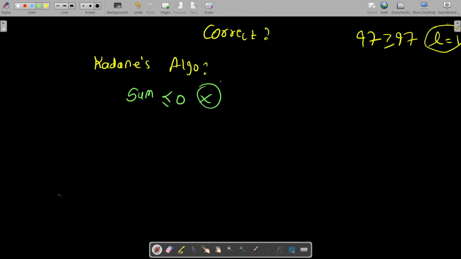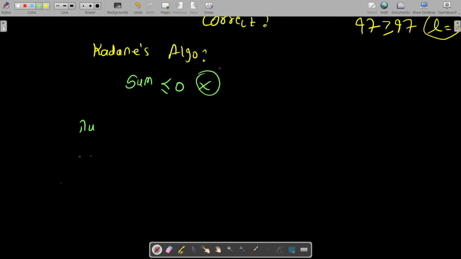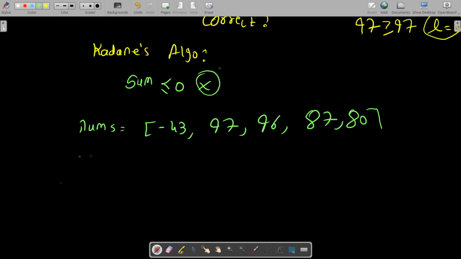So our example was that nums equals -43, 97, 96, 87, 80 and k equals 97. So when our I and j were here, the answer goes -43 and I goes to the 97 place,